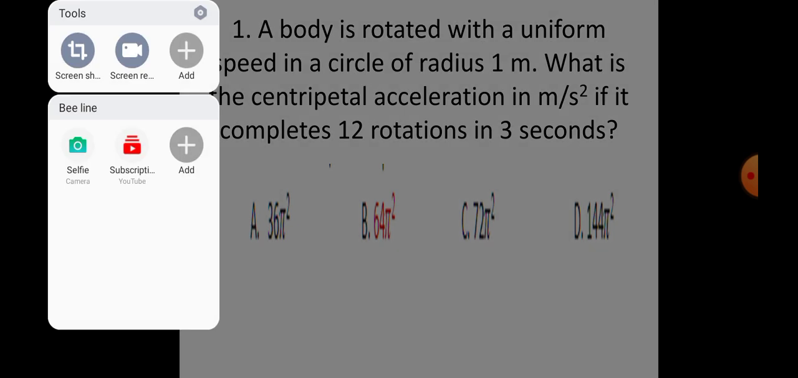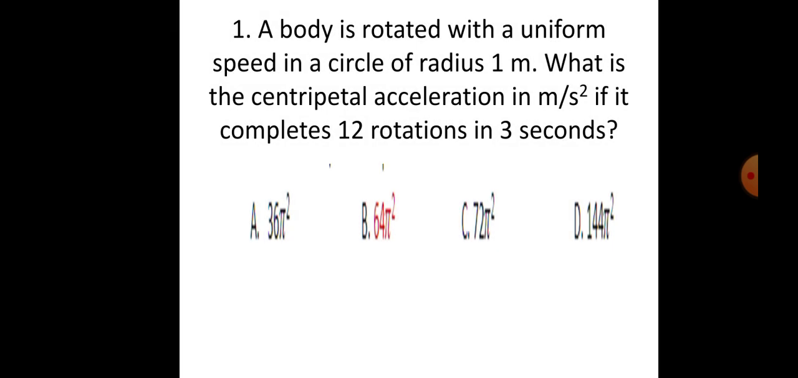ኦኬ ጥያቄ ቁጥር 1: A body is rotated with uniform speed in a circular radius 1 meter. What is the centripetal acceleration in meter per second square if it completes 12 rotations in 3 seconds? The radius of the circle in which the object rotated is 1 meter and rotate ያደረገው 12 rotation ነው የጨረሰው፣ 12 ጊዜ ነው የዞረው in 3 seconds ነው ያንን ያደረገው። ስለዚህ ይሄንን ጥያቄ ለመስራት